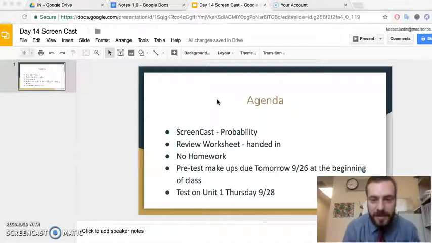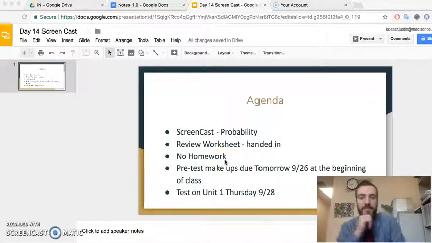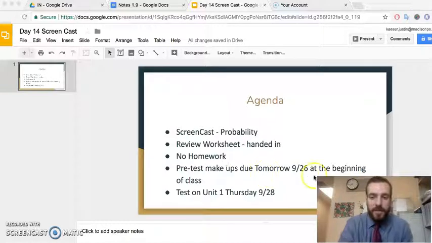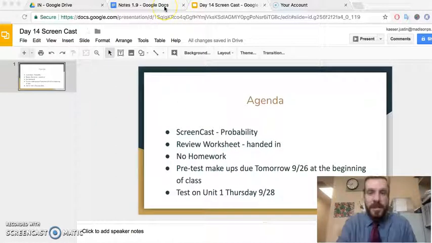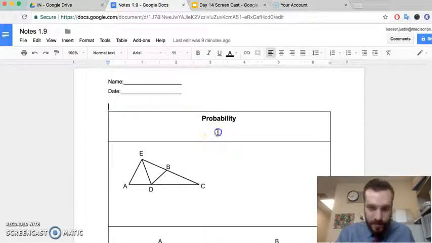So your screencast, like I said, is going to be on probability. Then the sub is going to give you a review worksheet, which will be handed in. You're going to have no homework, but that's because you have the pre-test makeups that are due tomorrow. Those are due at the beginning of class, so please make sure those are done. And just a reminder, you have your Unit 1 test on Thursday. So you need to have that pink sheet out, just a pencil, and we're going to take some notes on